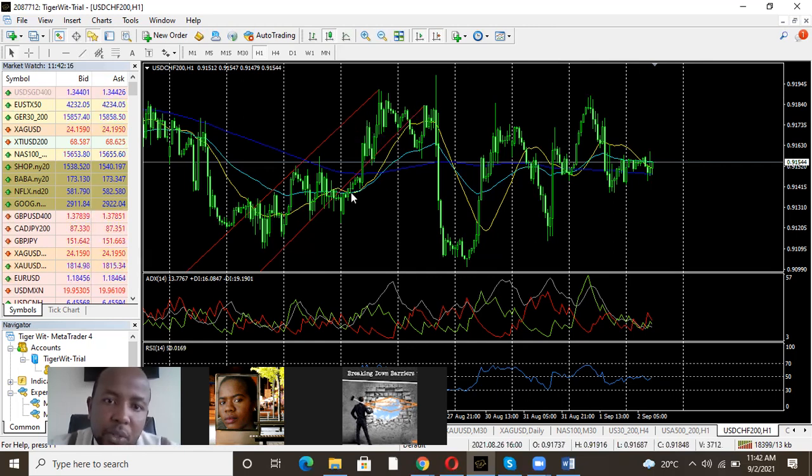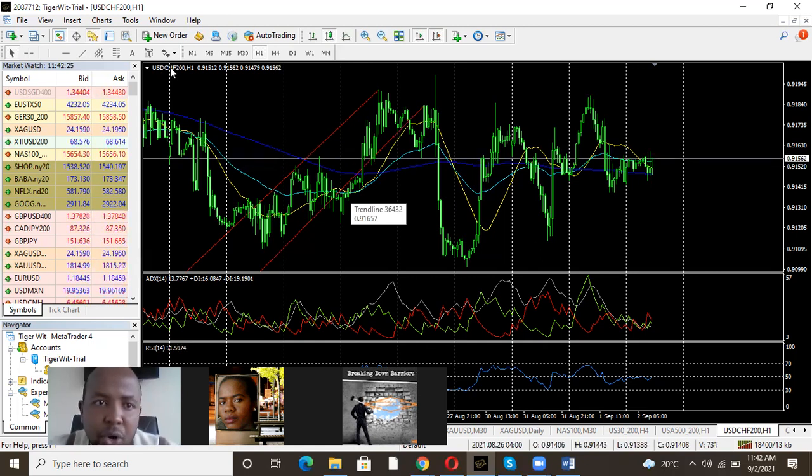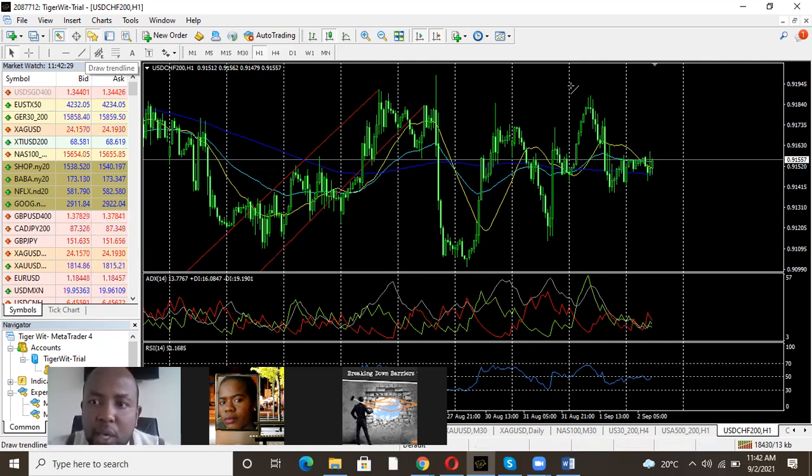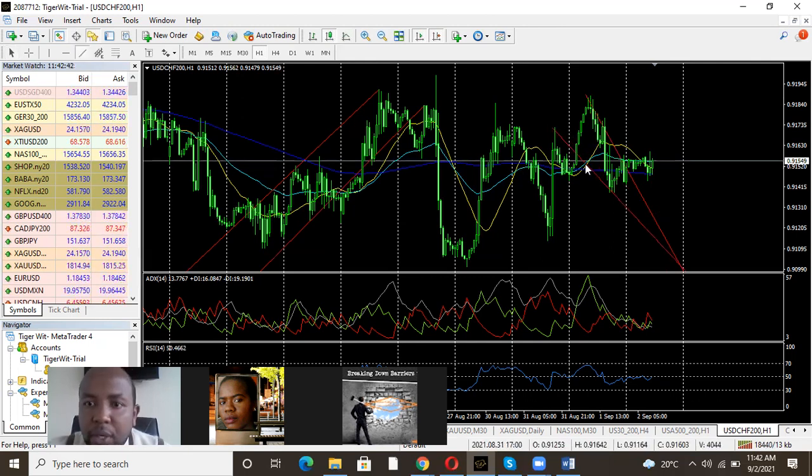So this was a good trend line, though this pair is ranging because I'm on the 1 hour chart, because the dollar seems to be strong and the Swiss franc seems to be strong. So I want to draw another one also. There's another one here I can see. Can you guys see? There's another small one here. Then let me also draw. No. This pair is not good.